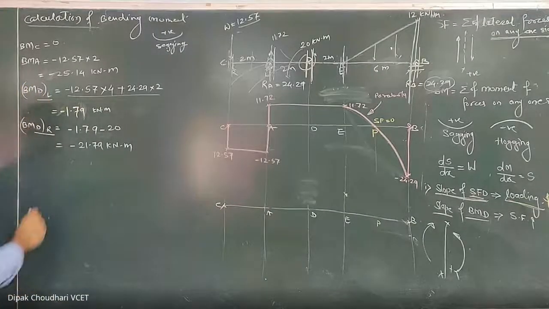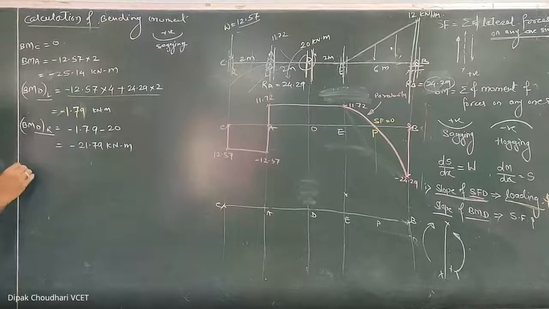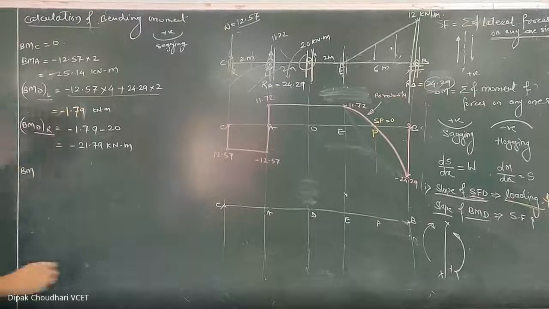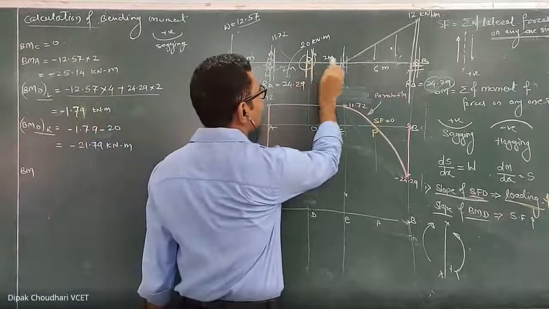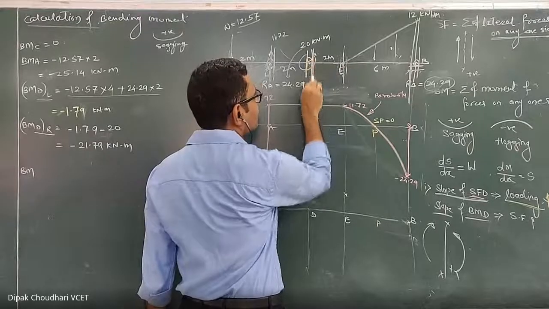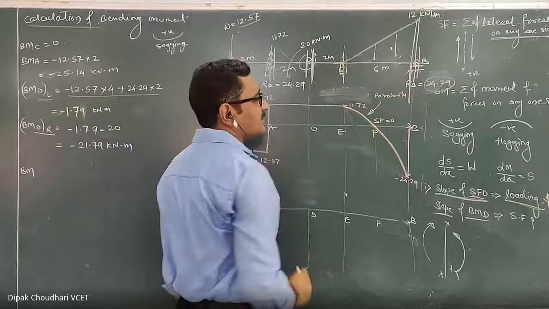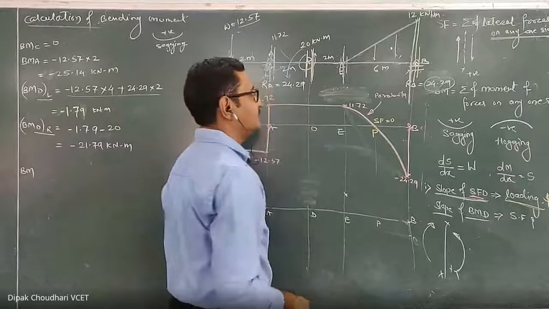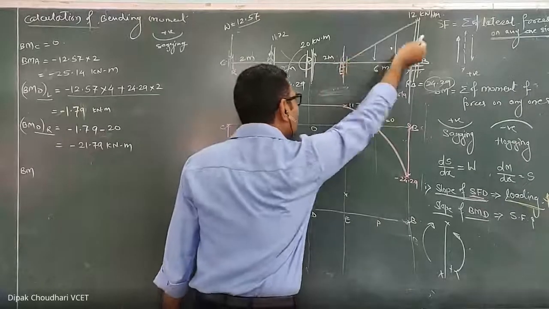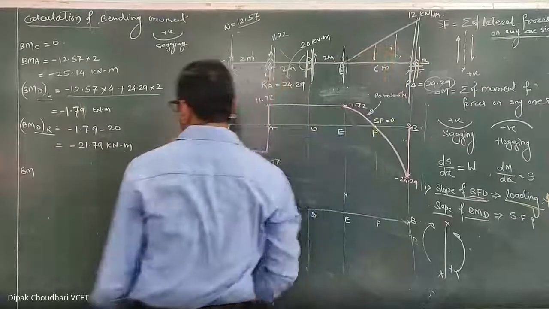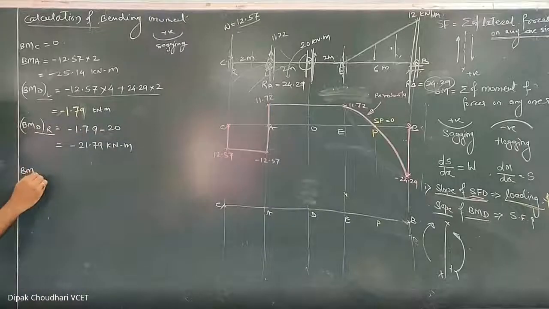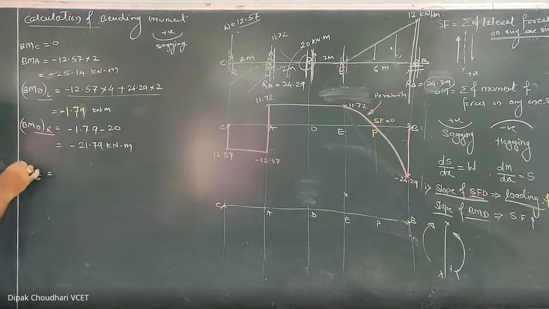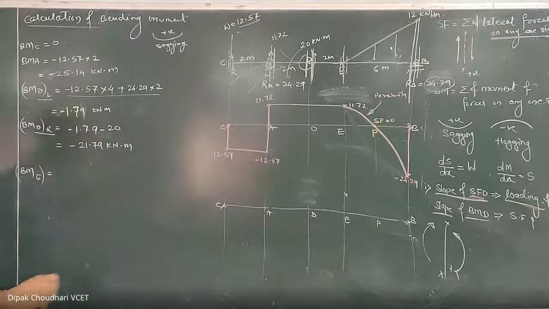Okay. Bending moment at point D on right side. Then bending moment at next point. Here there is a change in the equation of the bending moment from this point to this point. The bending moment equation is continuous, remains valid. At point E, because of this UVL, the equation of the bending moment changes. So we'll first calculate the bending moment at point E. Again, there is no moment, so no need to take the section on left side and right side. Directly take the section at point E.